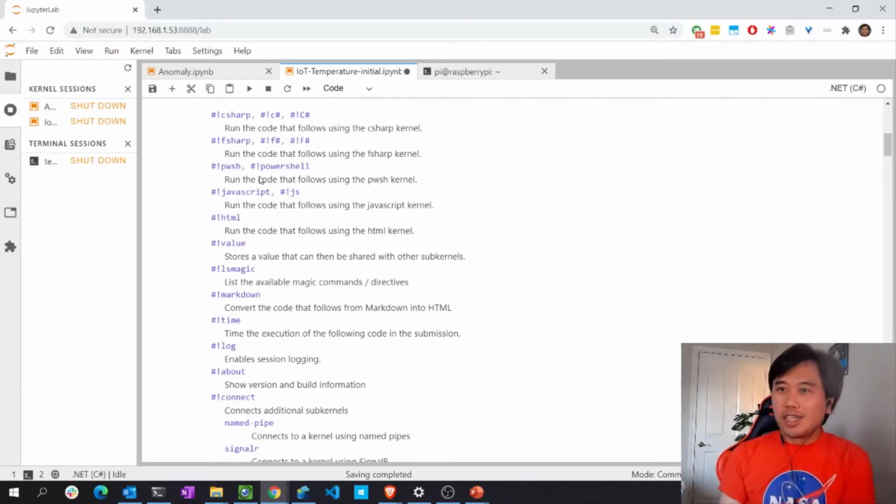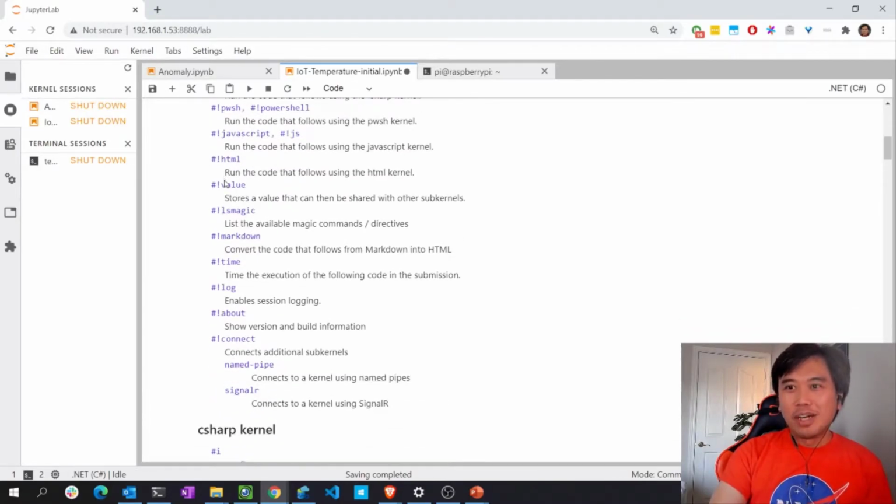I was surprised. I didn't know that you can actually run PowerShell on a Raspberry Pi now, on a Linux box, right? PowerShell runs on Linux on an ARM processor. I thought that was very interesting. And so you can also run JavaScript, HTML,